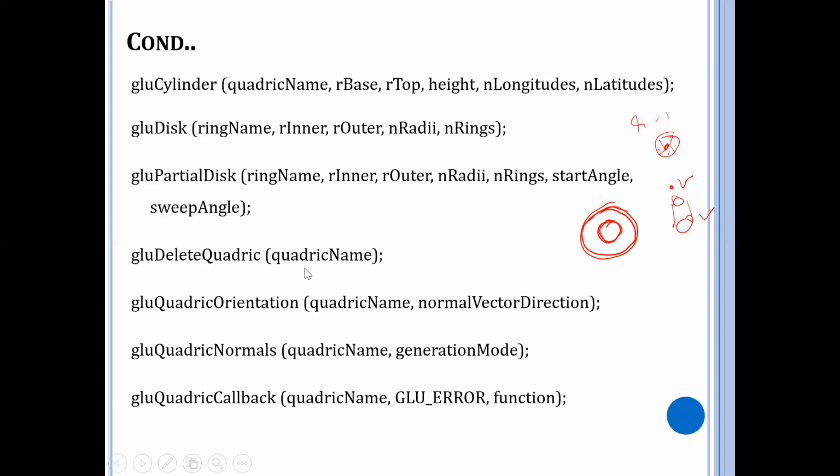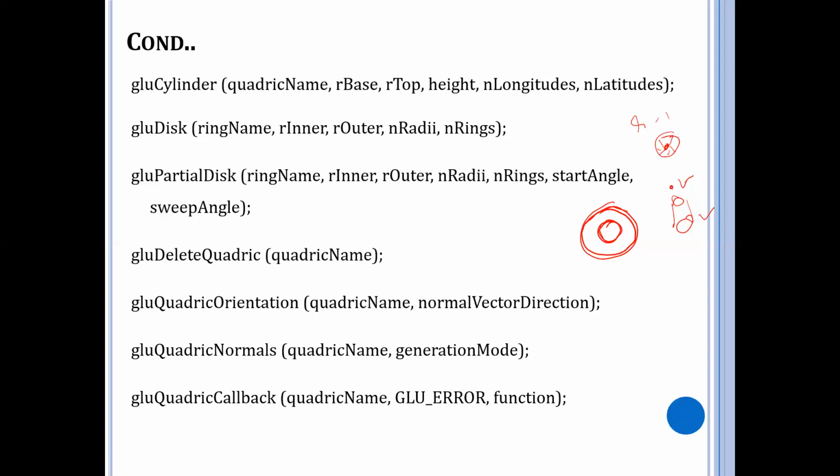If R inner is equal to 0, it means that the disk is solid. Otherwise, it is displayed with a concentric hole in the center of the disk. That means if R inner is equal to 0, then I will not have this. It is a solid disk for us, a single circle kind of representation. If I set a value to this R inner, then it takes this representation for us.